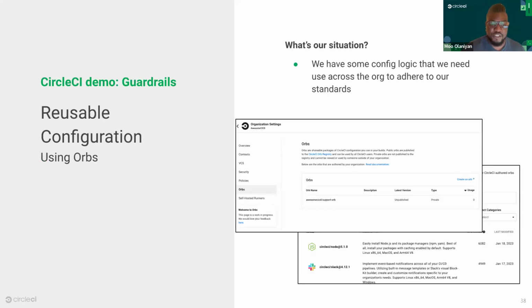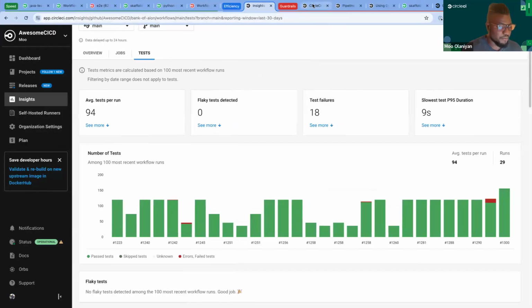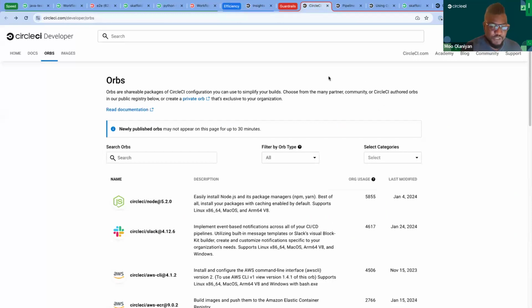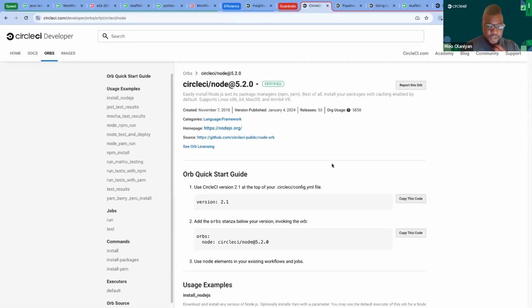So when we're talking speed of onboarding and implementation of best practices, the concept of code reusability is of utmost importance to us. We saw how we can share code in a single project, but how can we share best practices and reuse code across different projects at scale? So let's take a look at our orb registry, right? So this is publicly available for all to see at circleci.com/developer/orbs. And right here, I'm going to look into this node orb here.